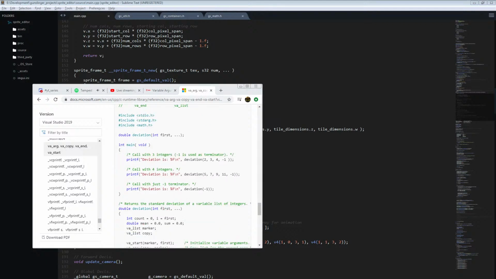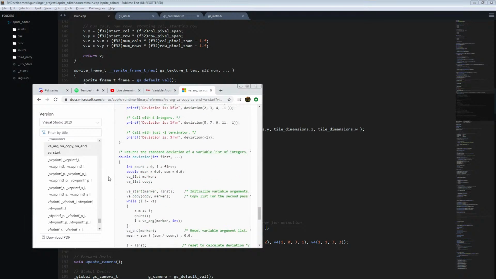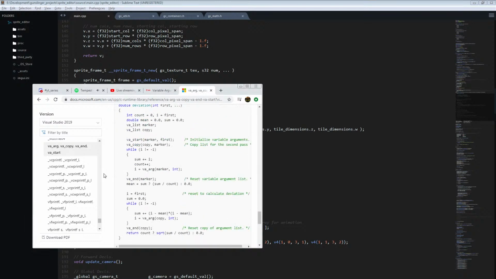Let's see. Can you recommend any source for graphics programming? Yeah. In C. Not off the top of my head, honestly, which is kind of sad. So this is something I've been going back and forth on,